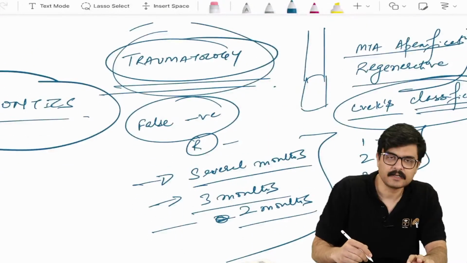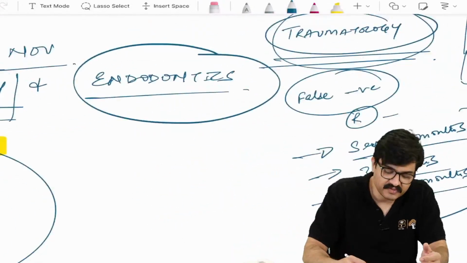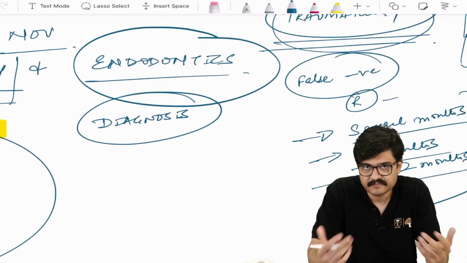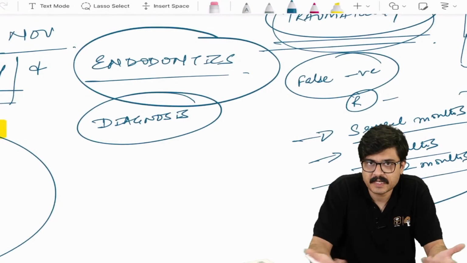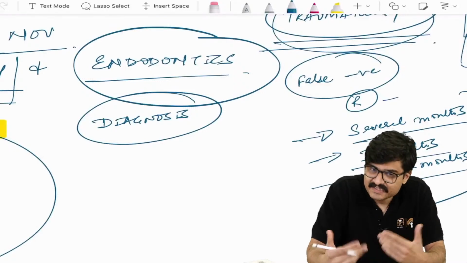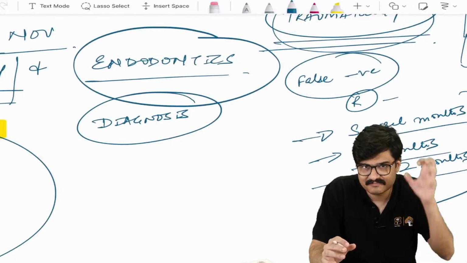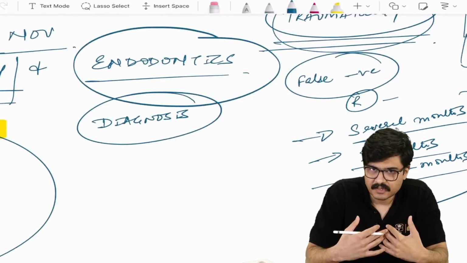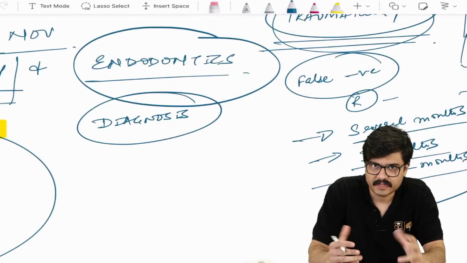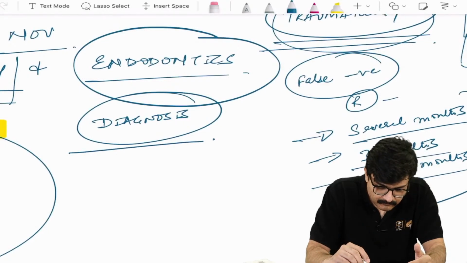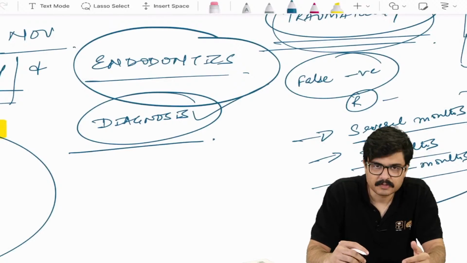Apart from that, diagnosis in endodontics. You know, your innervation, A delta fibers, C fibers, which are the proprioceptors in the dental pulp. Is it A alpha or is it A beta? Right? I continuously do these questions so that they get stamped in your head, right? In our GTs, in our TNDs, I always do this, and I always revise them during my videos with you. So diagnosis is very important.